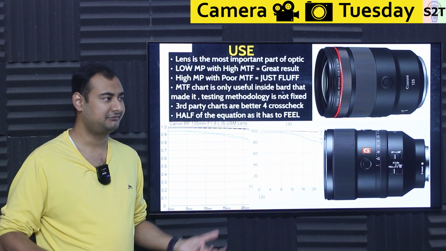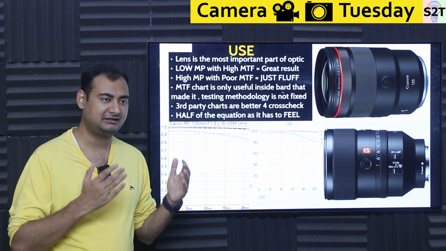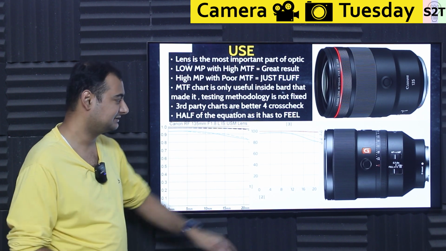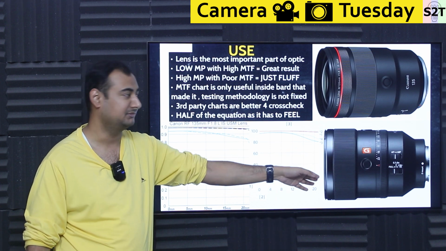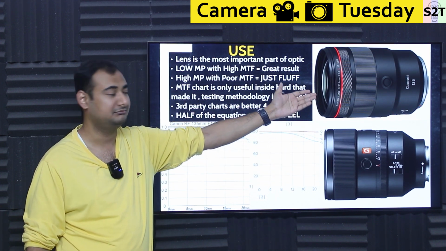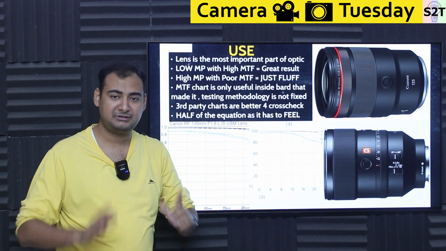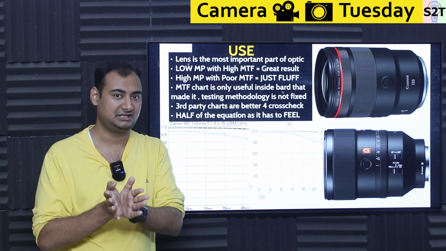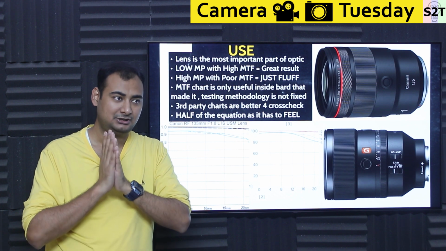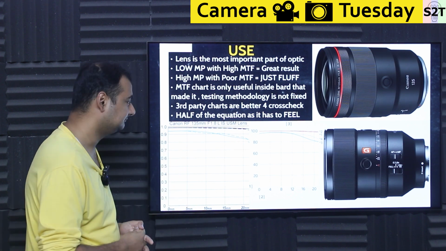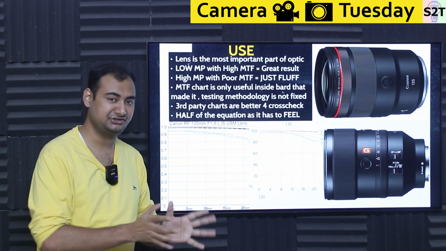Because there is no point of having 60 megapixels. It's like, do you have a lens that can resolve that? Because this is the only Sony lens that I would trust with 60 megapixels, and this is the only high megapixel lens that I would trust with 50 megapixels, 135, 105. And be mindful, the wider lenses are always blurrier. If you want sharpness, do not go with wide lenses. It's the law of engineering and physics.